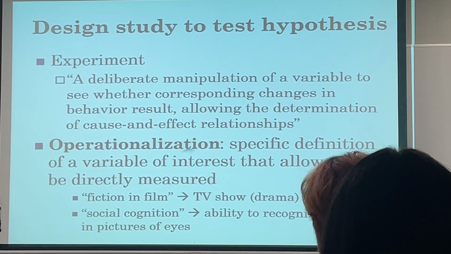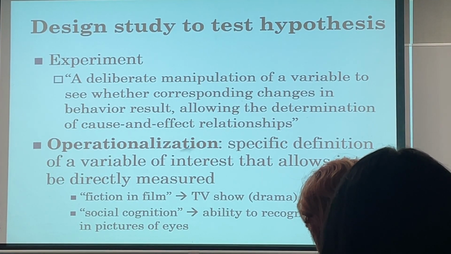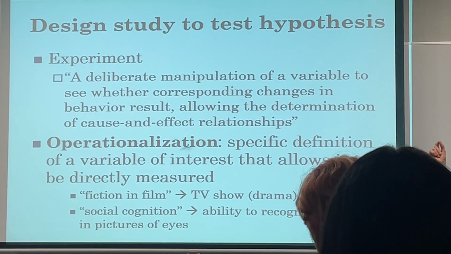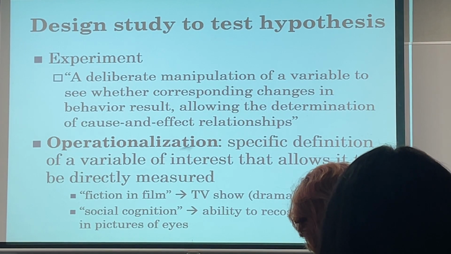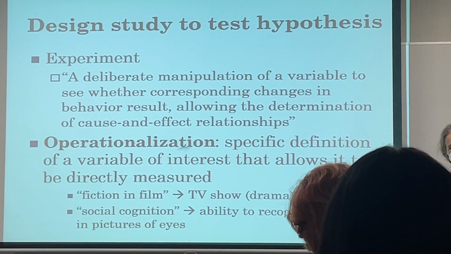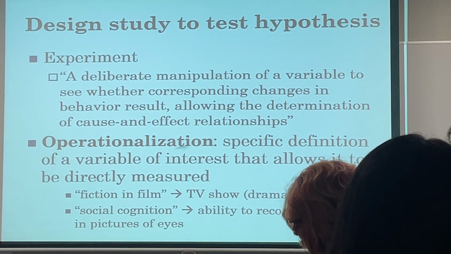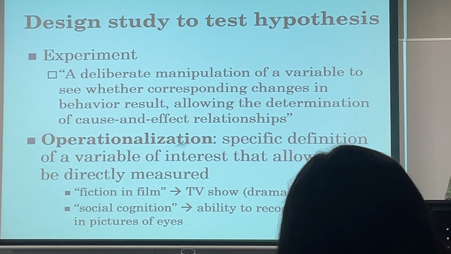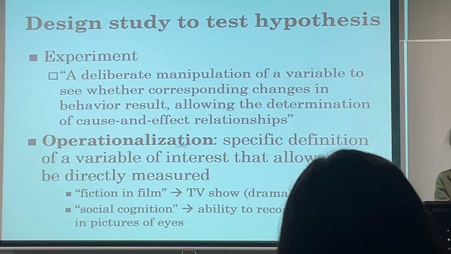Happiness. We talked about happiness. To operationalize happiness, people will fill out a scale that says strongly agree to strongly disagree. You've seen those things a million times. I am very happy today. I am not so happy today. A series of those. One way to operationalize something is to have people take a little quiz. It's called a self-report measure.